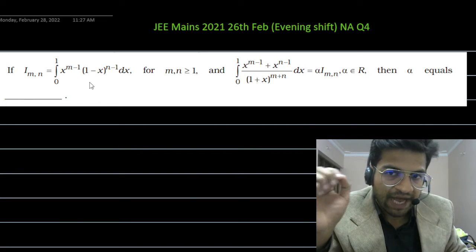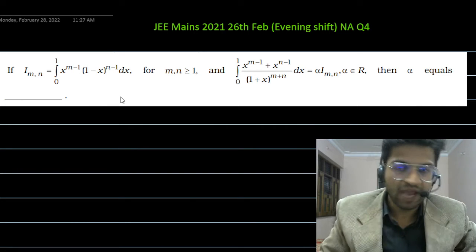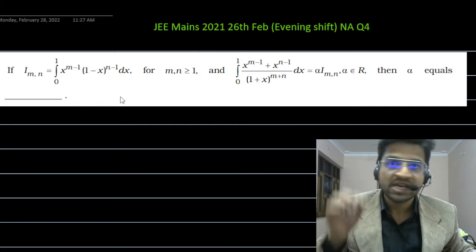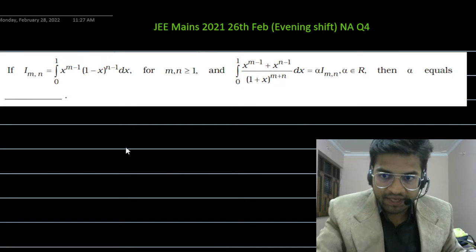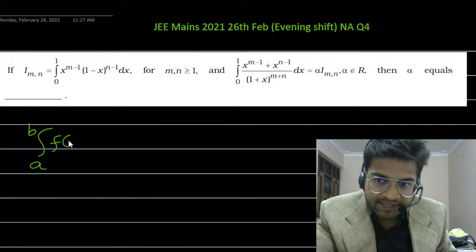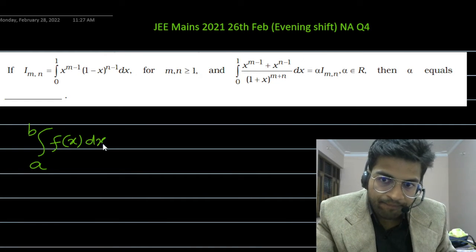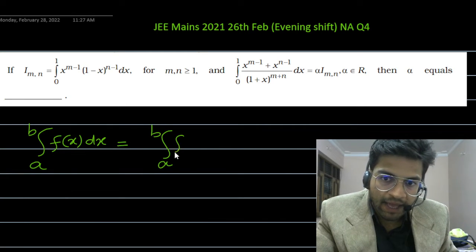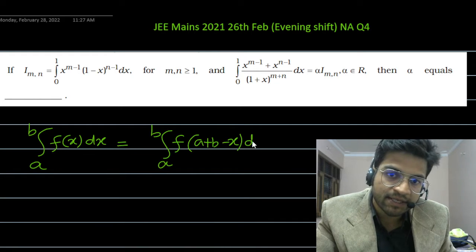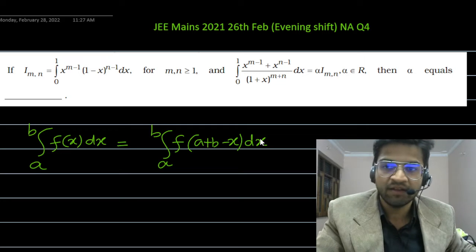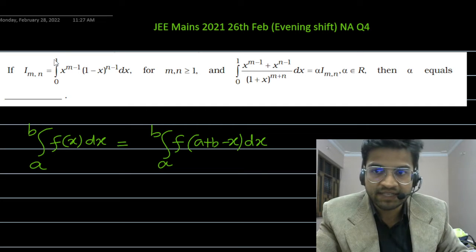And what we can observe, one more thing, we have a property, a plus b minus x. The integral of f(x) from a to b, f(x) dx, is equal to the integral from a to b of f(a plus b minus x) dx. So we have this property, and with the help of this property, we can observe that this Imn can be written